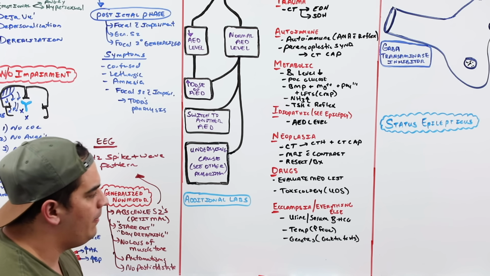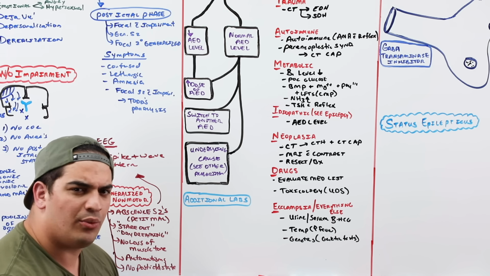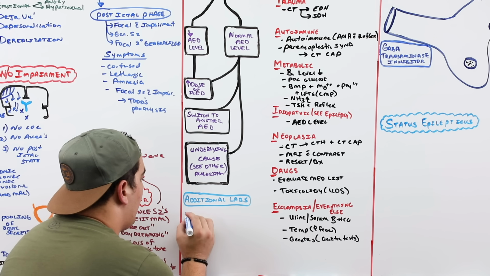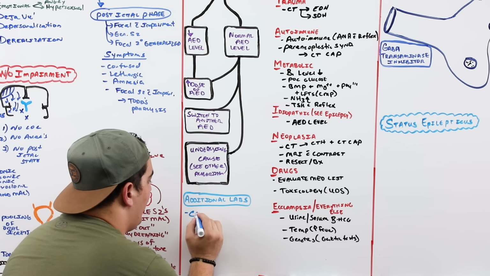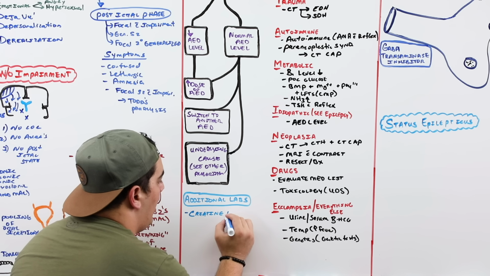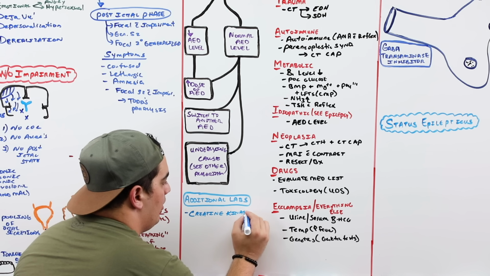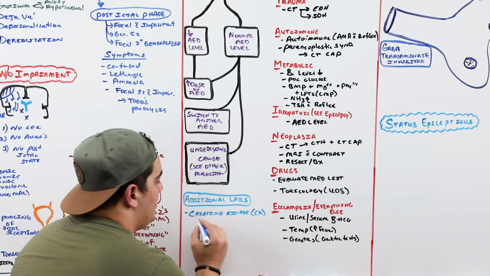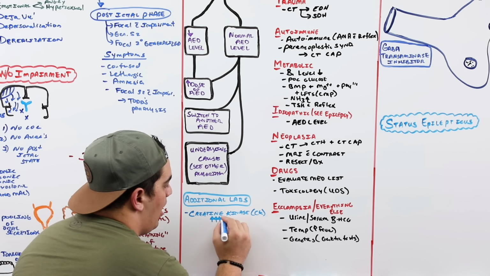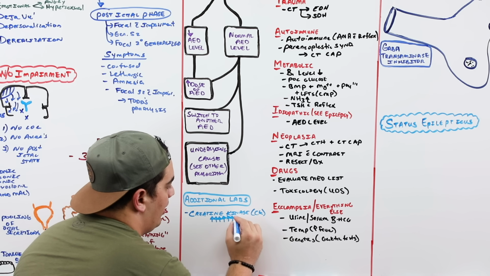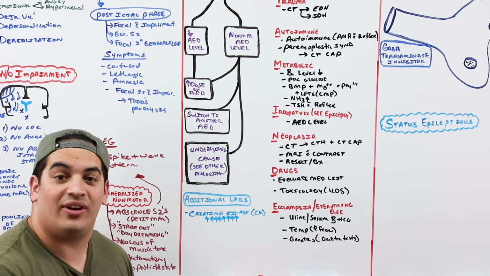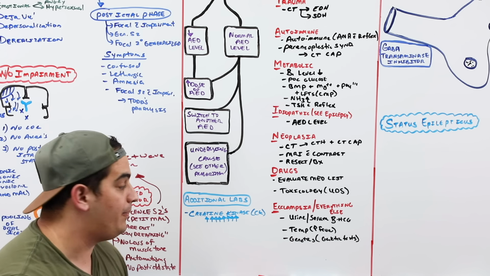Other things to add on, because it can help if you're trying to really determine if the patient's seized, is you can add on a CK level, so a creatine kinase level, a CK level. Sometimes in these patients who have pretty bad seizures, this will be increased. And the reason why is you're causing those muscles to contract and contract and contract, and they end up rupturing and spilling out some of that creatine kinase into the blood.